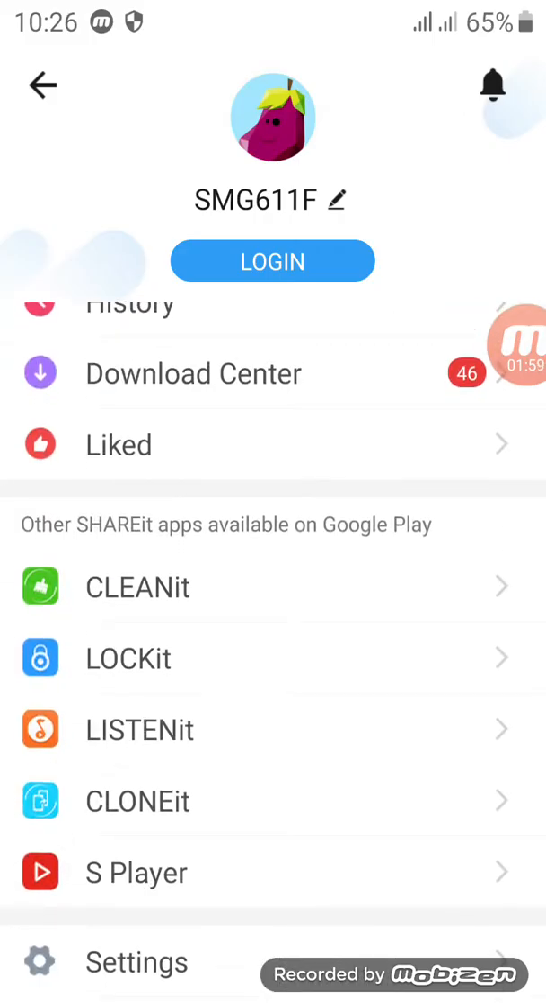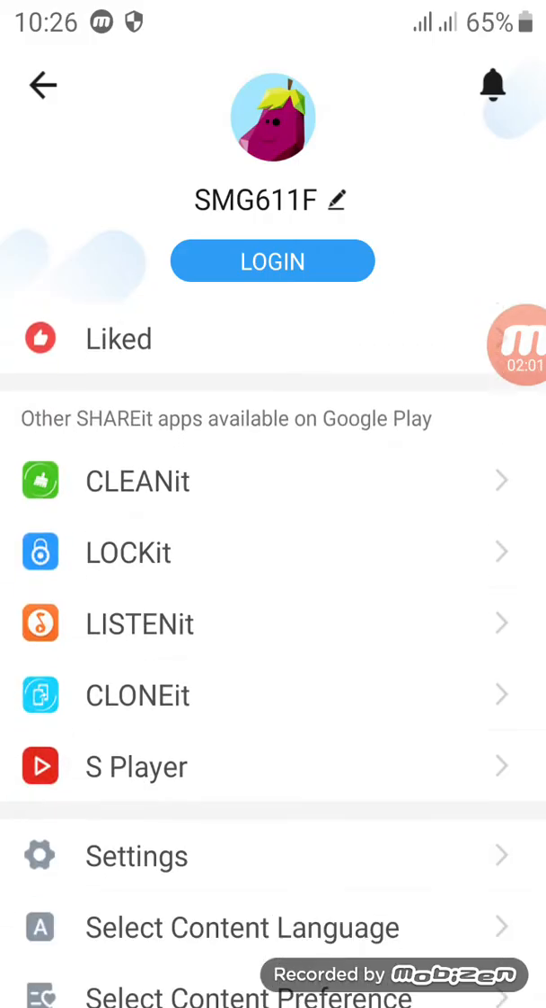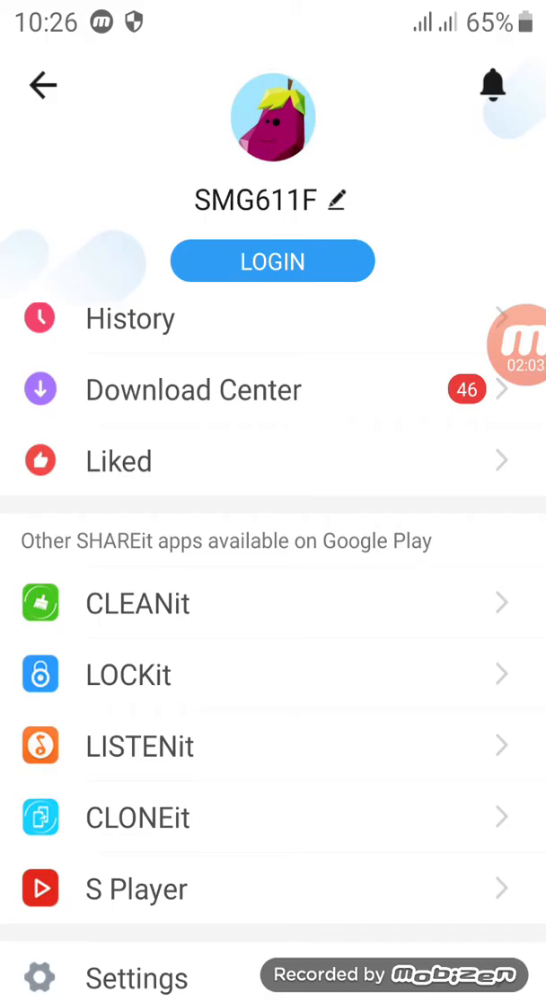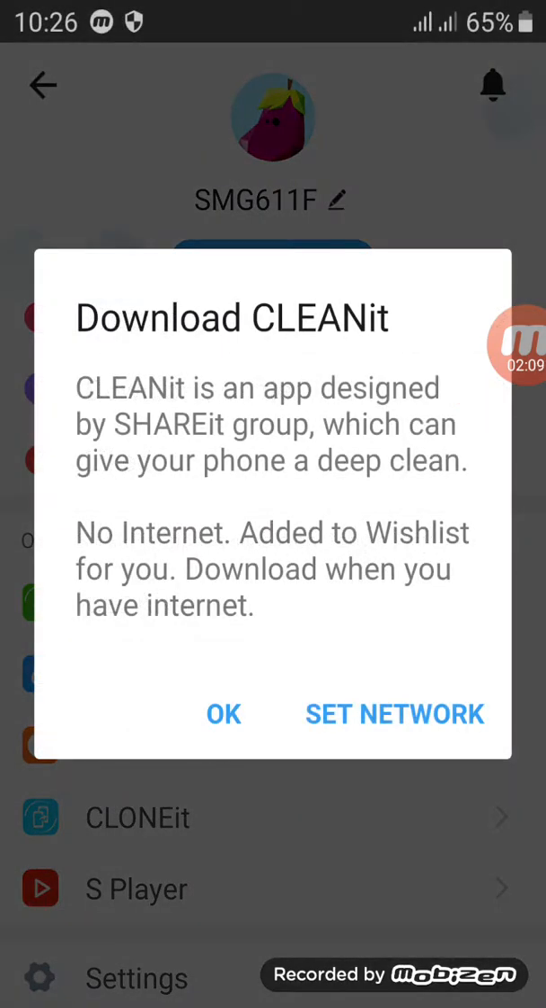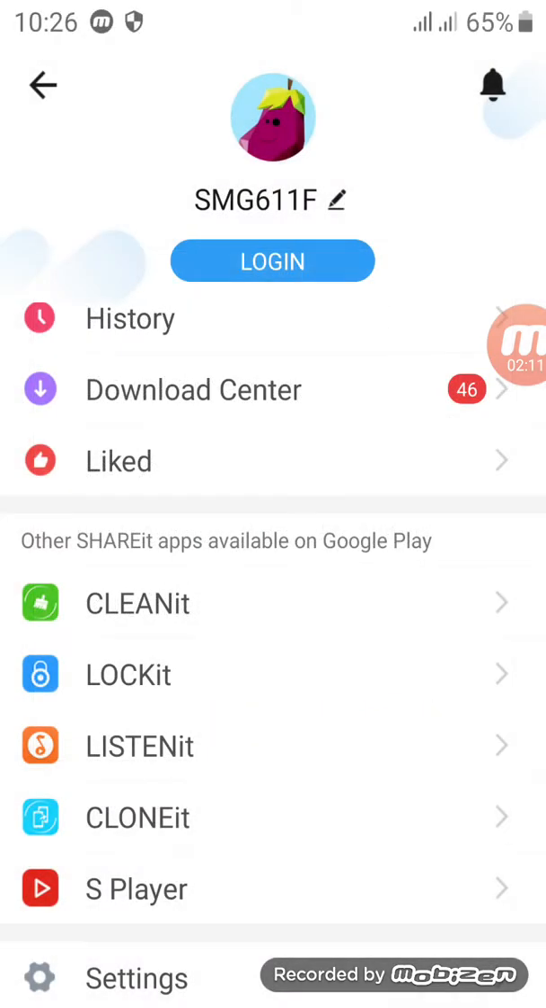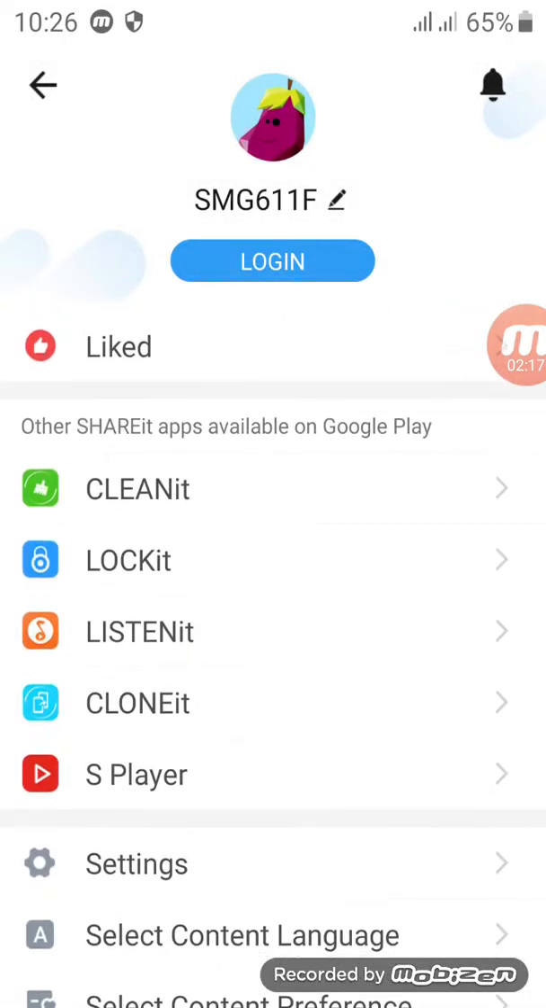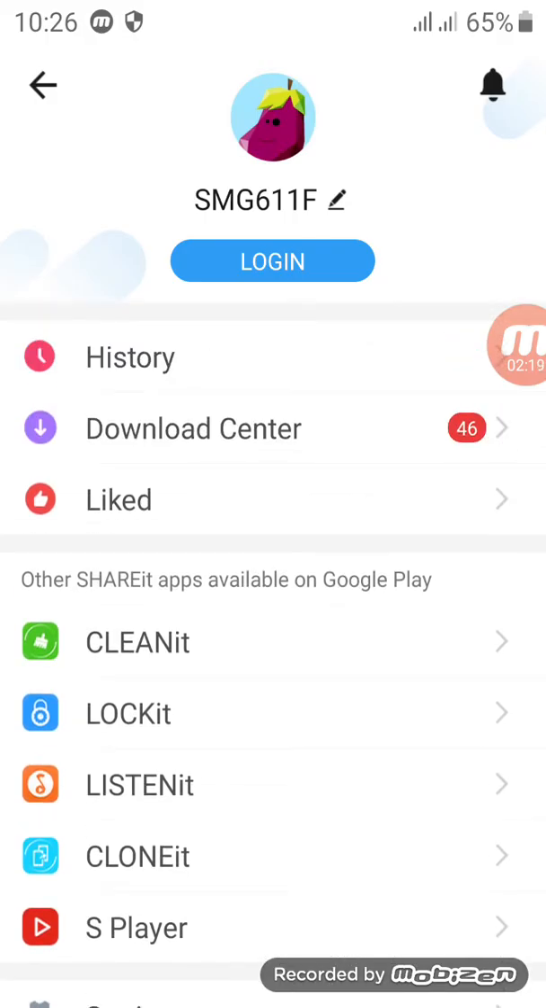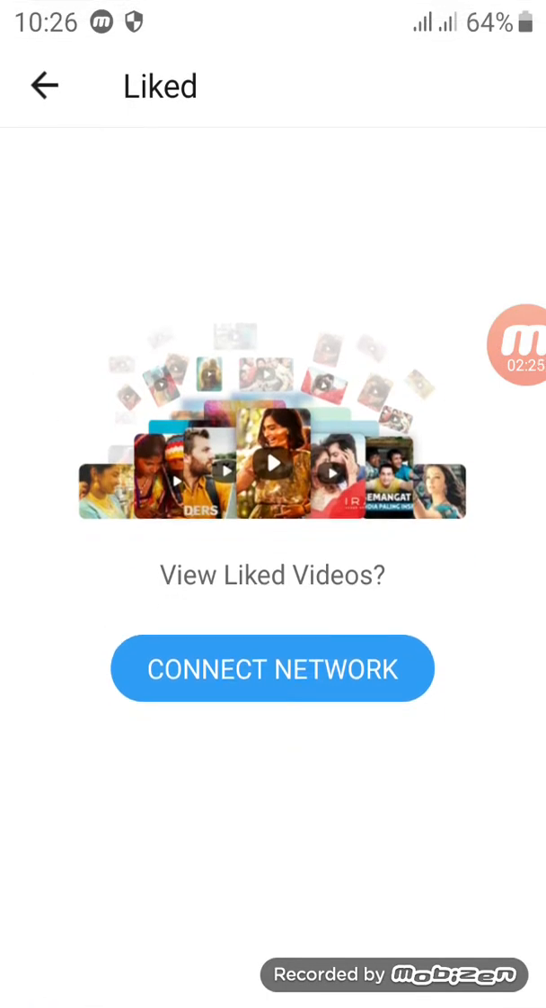I don't want to explain these to you. And Clean It, these are other apps related to ShareIt. I think you know Clean It: we have to download it, and then you can clean the junk of your mobile phone. And Locate Listen is used for other special purposes. And this Liked means